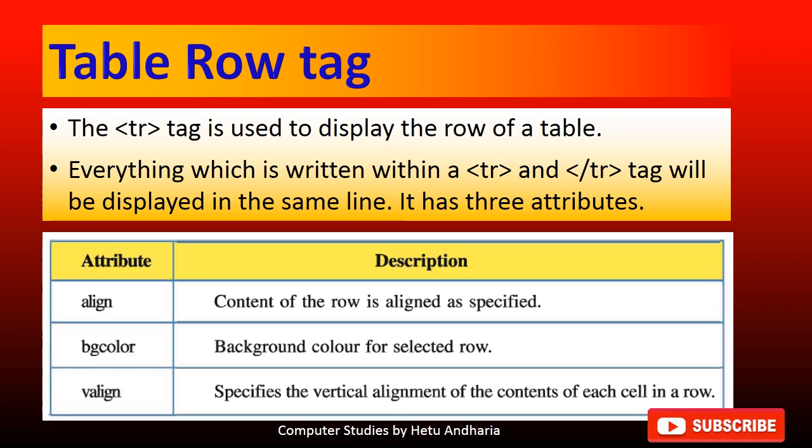Another attribute is bgcolor. Suppose you want to change the color of any row, then inside that tr you have to write bgcolor is equal to whatever color you like. The third attribute which can be used with tr is valign, meaning vertical align. In the table you are observing, everything is vertically aligned to the center, meaning equal space is left on the top and bottom of the text. So with valign you can adjust it to bottom, top or middle.